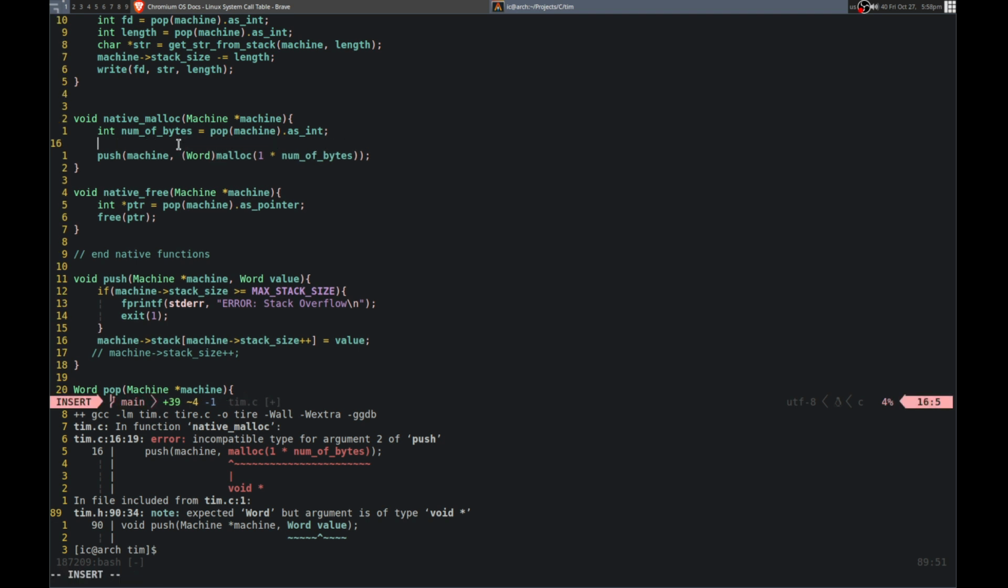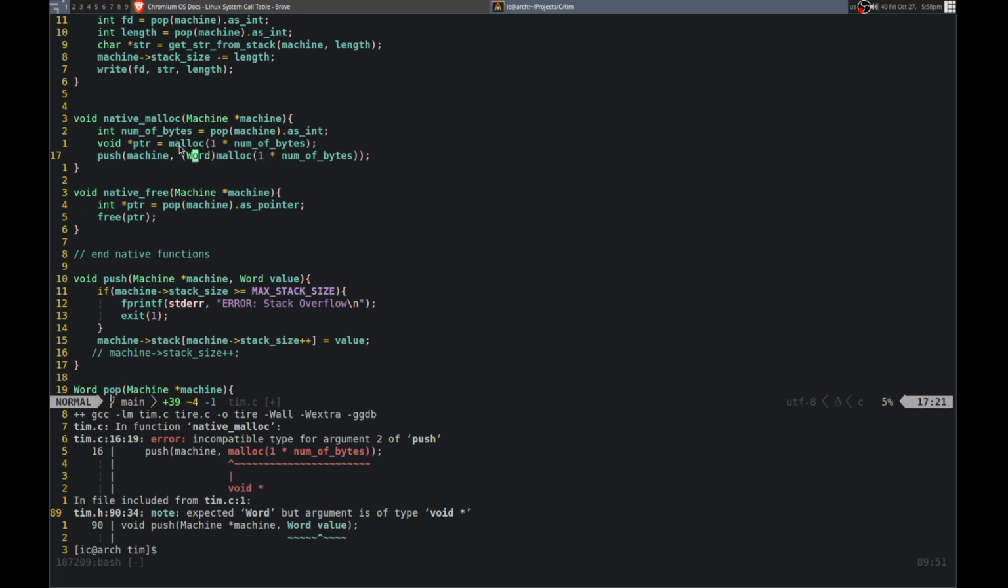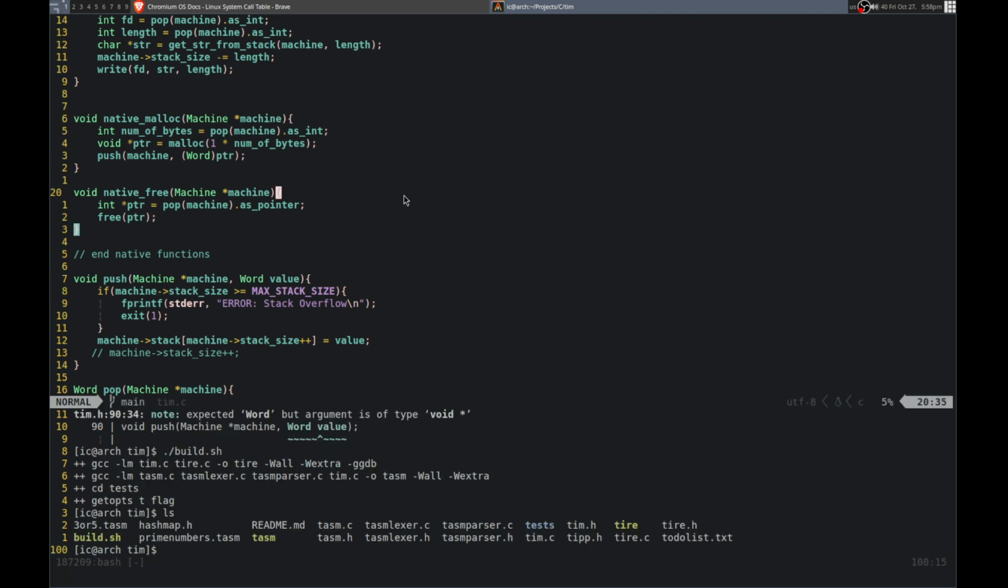Let's see, how can we do that? Basically, we can do pointer equals malloc, 1 times num of bytes, like that. And then basically we can do word pointer. Oh, well, that would. And okay, so now we